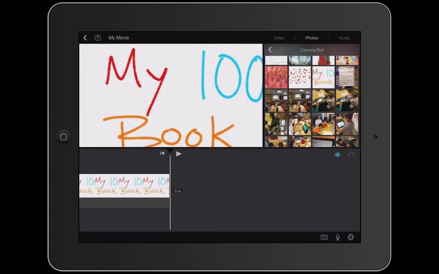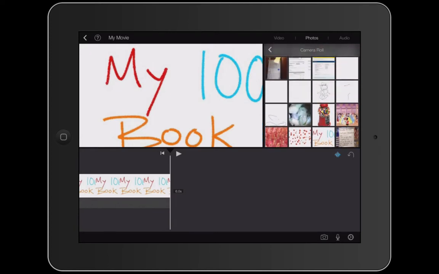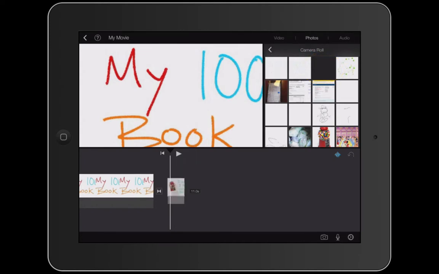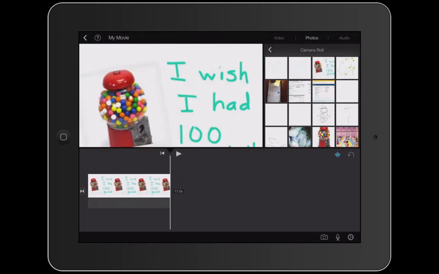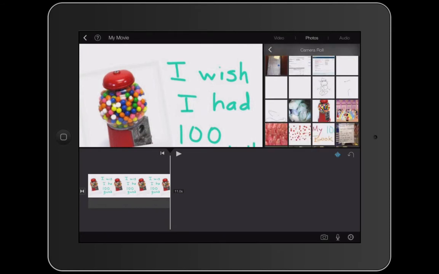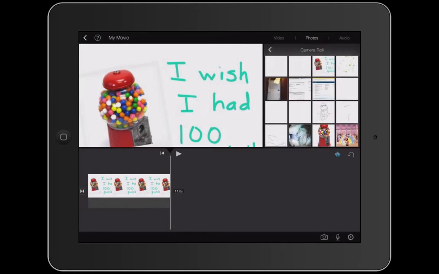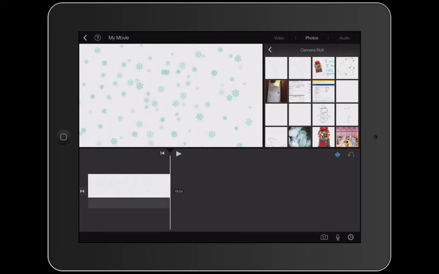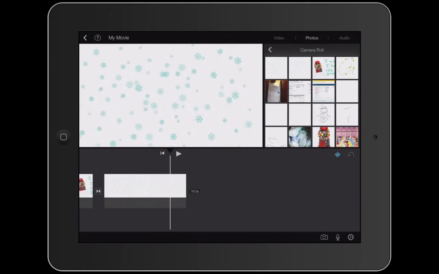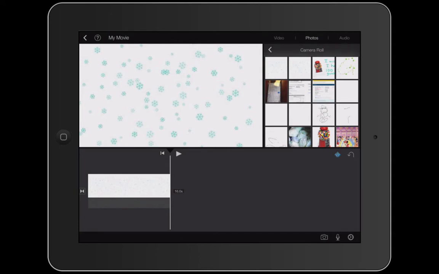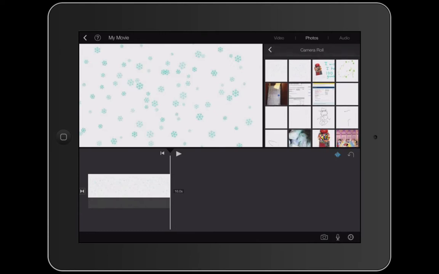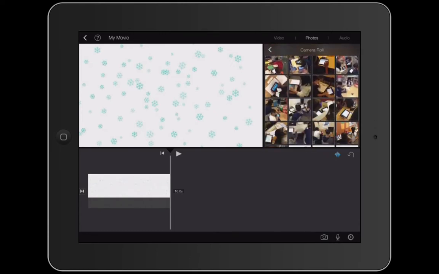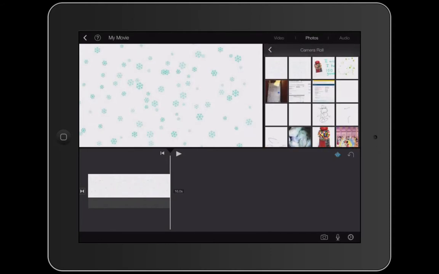So I want to put in the other pictures to match my storyboard, and the others that I have chosen are the gumball picture that I had done that I have writing on, so I'll choose that one next. And then the next one that I will choose will be this one of a bunch of snowflakes. I actually counted out 100 snowflakes there, and I want to do one more, and I wanted to show you how you can get a picture from the internet to put in here. The last one I want to do, I don't have a picture of in my camera roll. It's basketballs, and I didn't want to draw a bunch of basketballs,